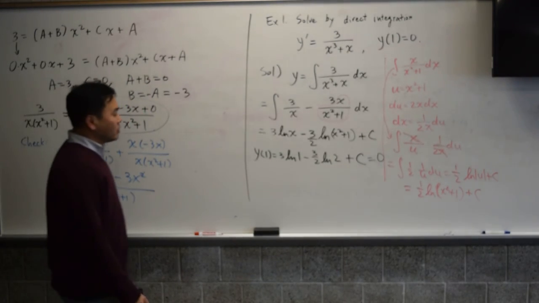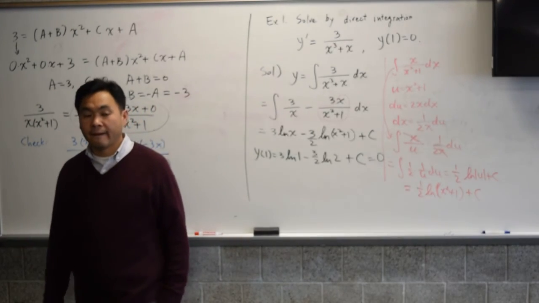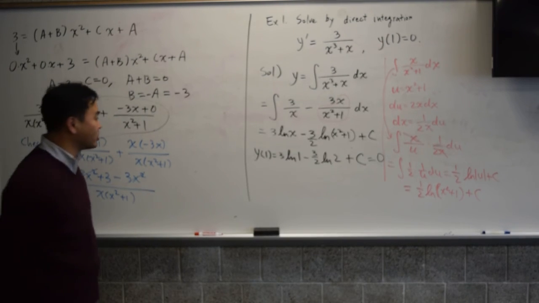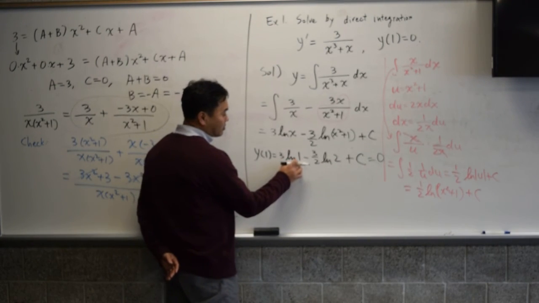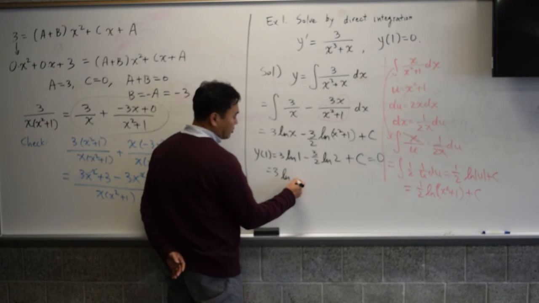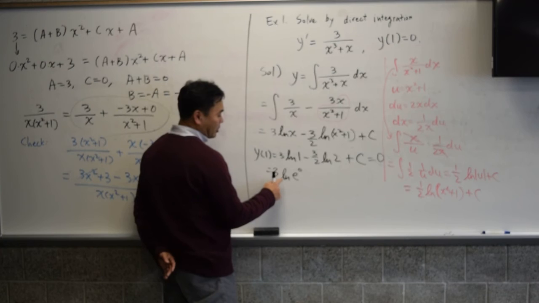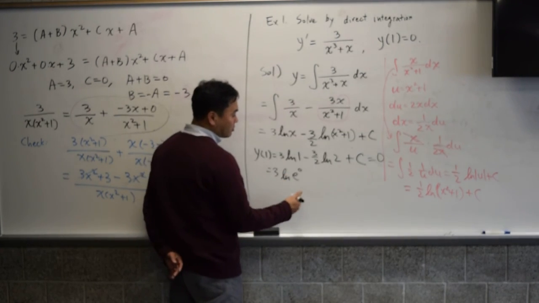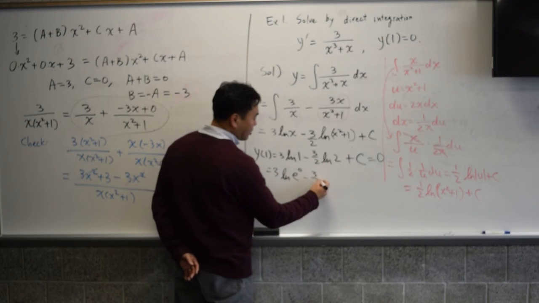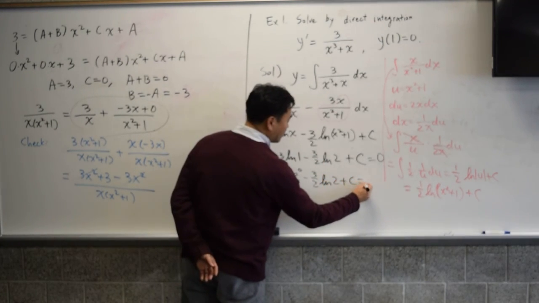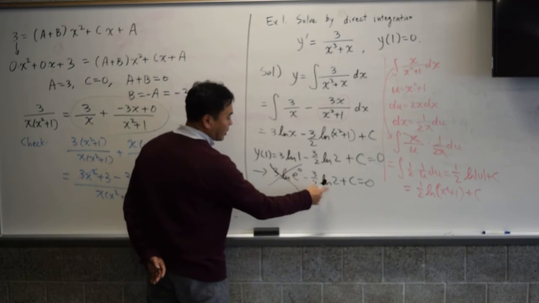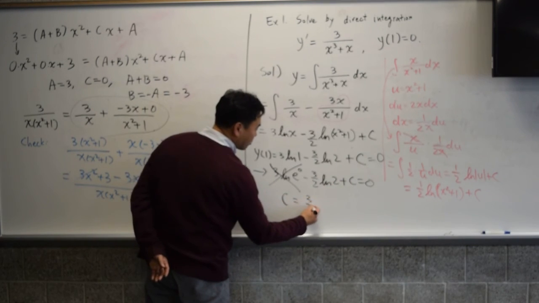All right. Can you tell me what ln of 1 is? 0. ln of 1 is 0 because 1 is e to the 0th power, and ln is log base e, so log cancels e and leaves you with 0. So this is a 0. This you can't do anything about. So that just goes away, and if you solve for c, you get c equals 3 over 2 ln